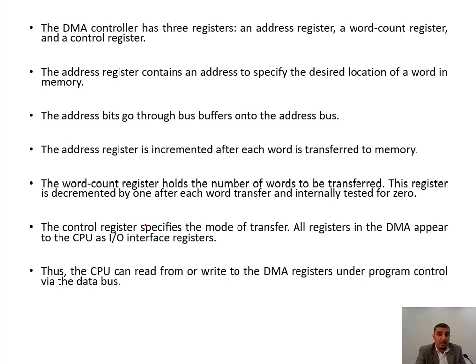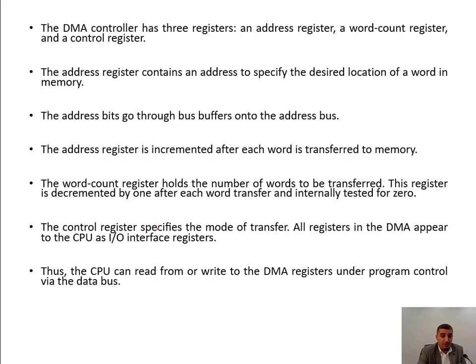The DMA controller has 3 registers, which are the address register, word count register, and control register. The address register contains the address, or specifies the desired location, of a word in the memory. The address bits go through the bus buffers onto the bus address, and the address register is incremented after